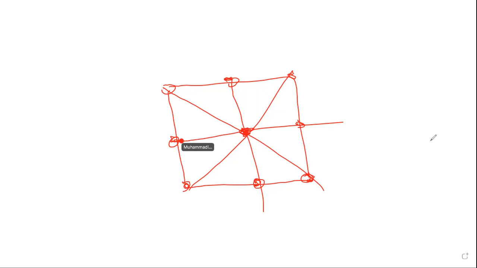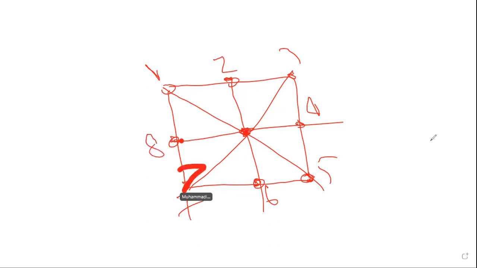So start from the right. You can say 1, 2, 3 or A, B, C, 4, 5, 6, 7, 8 and 9. So nines, or in other words, you can say A, B, C, D, E, F, G, H, I, J, K and so on. So out of these, if you're looking for the triangles, first you must go for the